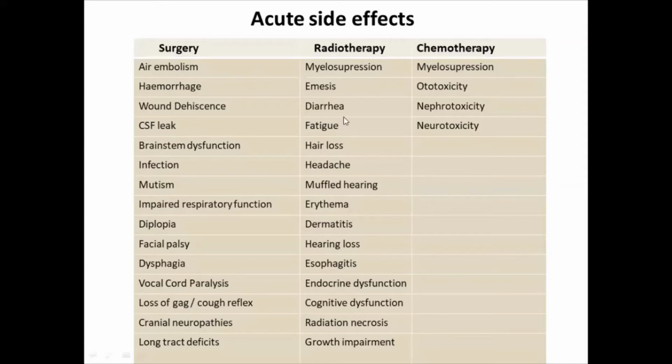In radiation, there can be acute side effects like myelosuppression, emesis, diarrhea. They can be fatigue, headache, erythema, dermatitis, esophagitis. They can be endocrine dysfunction, cognitive dysfunction, radiation necrosis, or growth impairment. And with chemotherapy, likewise, there can be myelosuppression, ototoxicity, nephrotoxicity, and neurotoxicity. So today, mainly we are going to deal with the late effects of